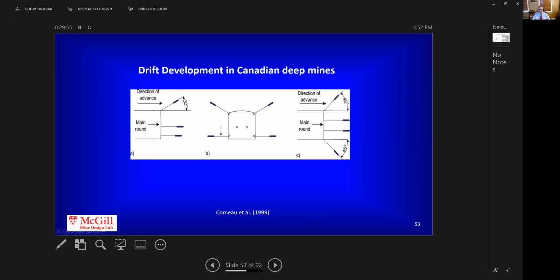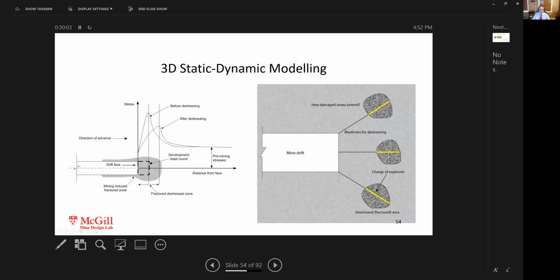So many years later, we decided to go back to the same case studies, but this time we said we're going to do a granular approach. It's what we call the 3D static dynamic approach. In other words, we're going to look at the same problem that we analyzed years ago, where we assumed homogeneous distressed material with alpha and beta, and we're going to say, well, let's take a closer look and analyze a single blast hole model, then integrate it into the drift model.